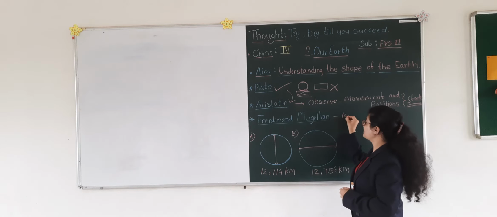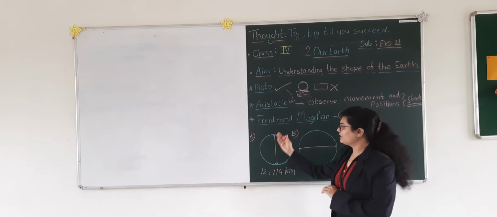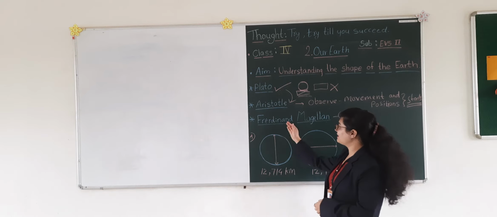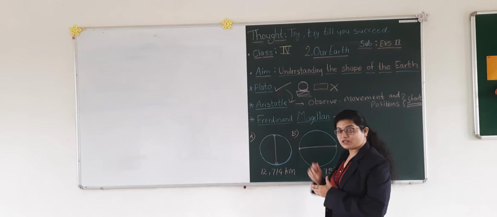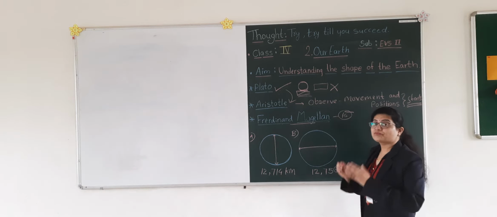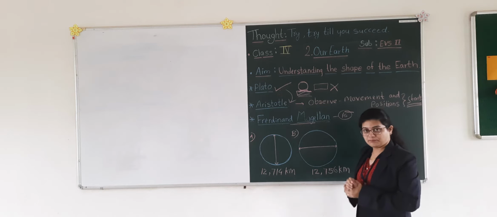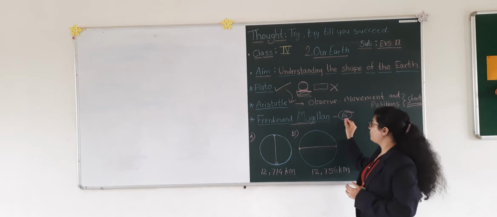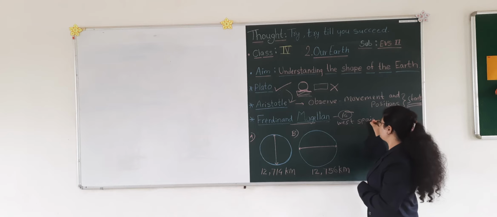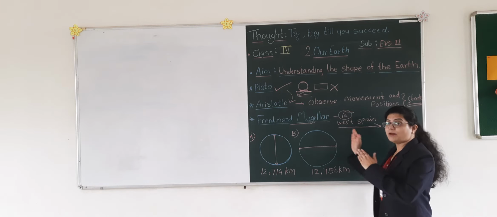But in the 16th century, Ferdinand Magellan, do you remember his name? He is an explorer, and we have already read what he explored. He was the first person who traveled across the world. He wanted to prove that the earth has a spherical shape, not a flat shape. So he and his team kept sailing west from Spain, in one direction, till they came back to the point